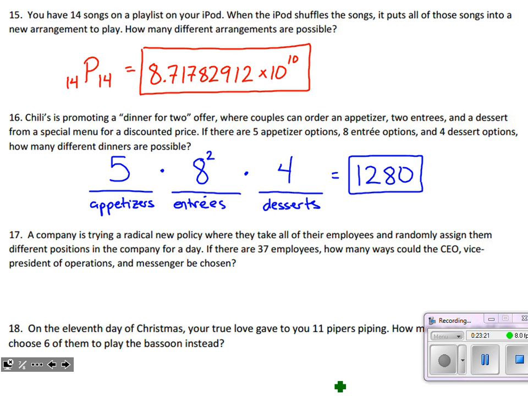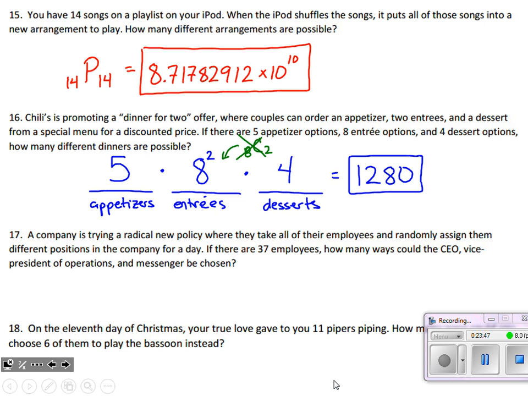All right, and we want to be careful. It may be tempting for this entree section to say like 8 options, choose 2, but that's meaning that the people are choosing different options when they could in fact choose the same one. So we do not want to do 8 choose 2 there, just because those people could choose they both have 8 options to choose from. 8 for the first person and 8 for the second.